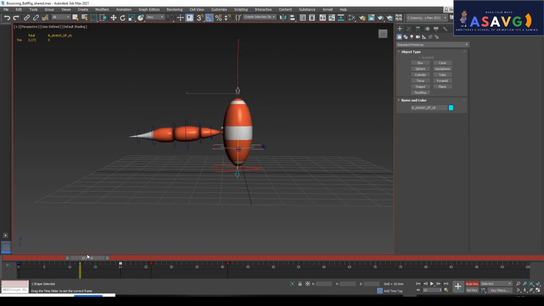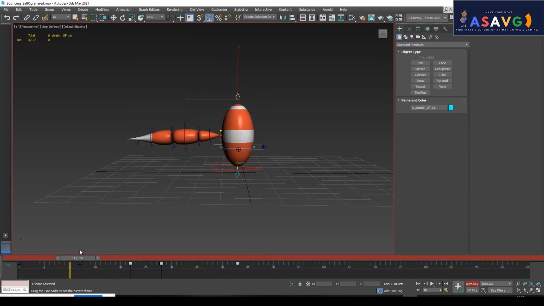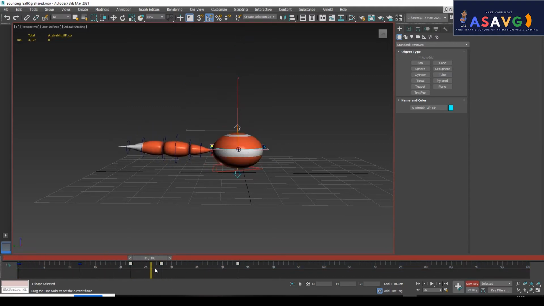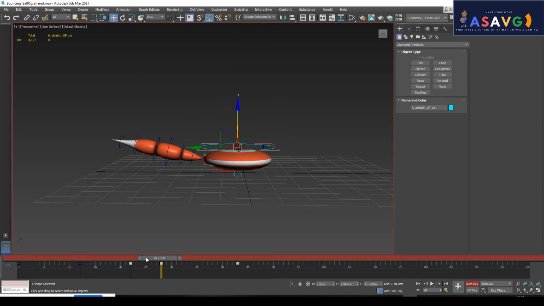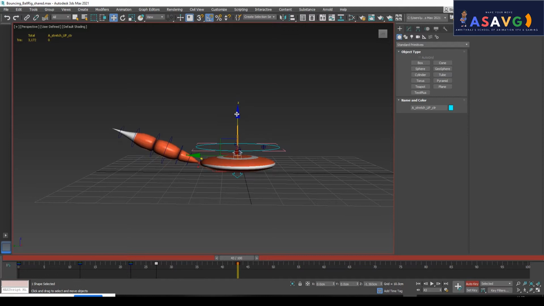Okay, this anticipation, so you are making him more up, that's all. So if we move, now we can see the up then down, so the down should be a little bit more. So okay, this I will keep like this only, and I will be moving only this control a little bit left, so I can see like this. Okay, a little bit more down.